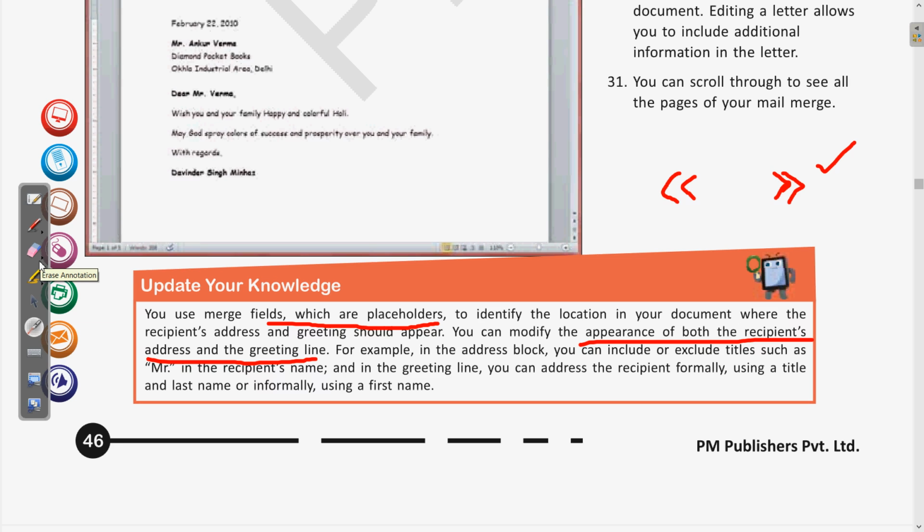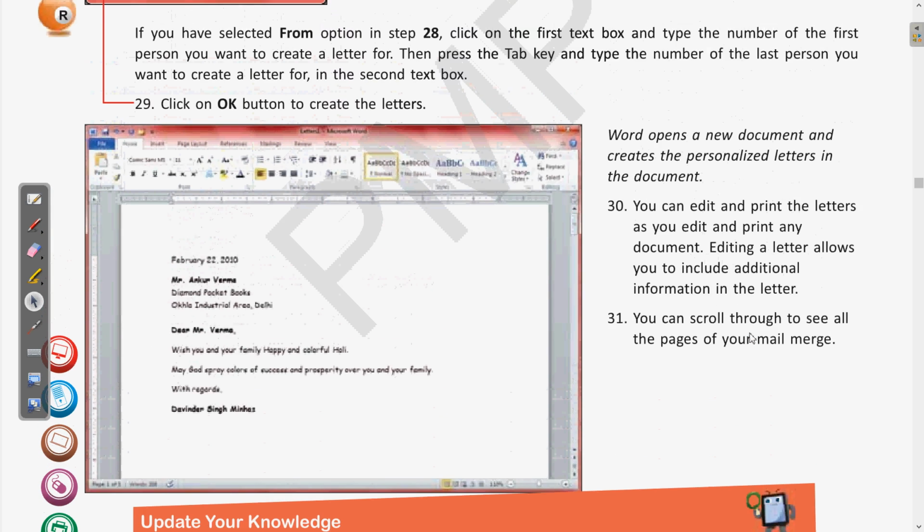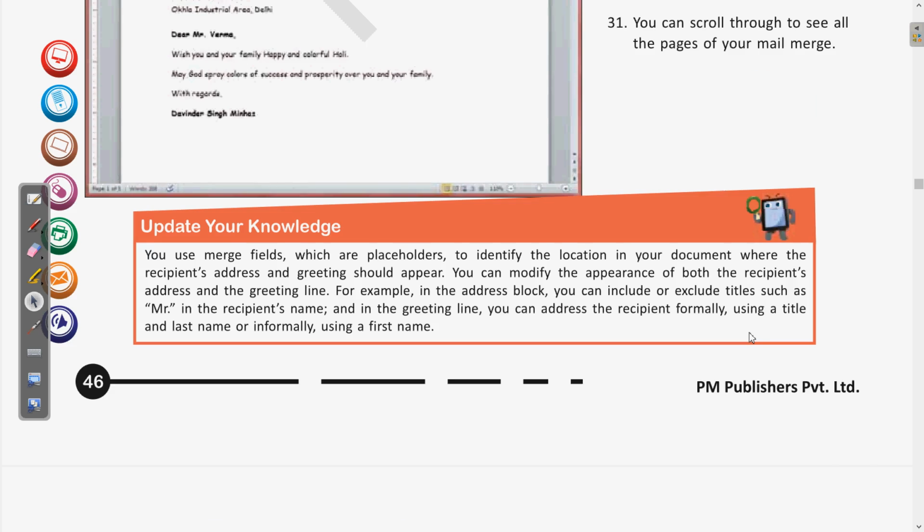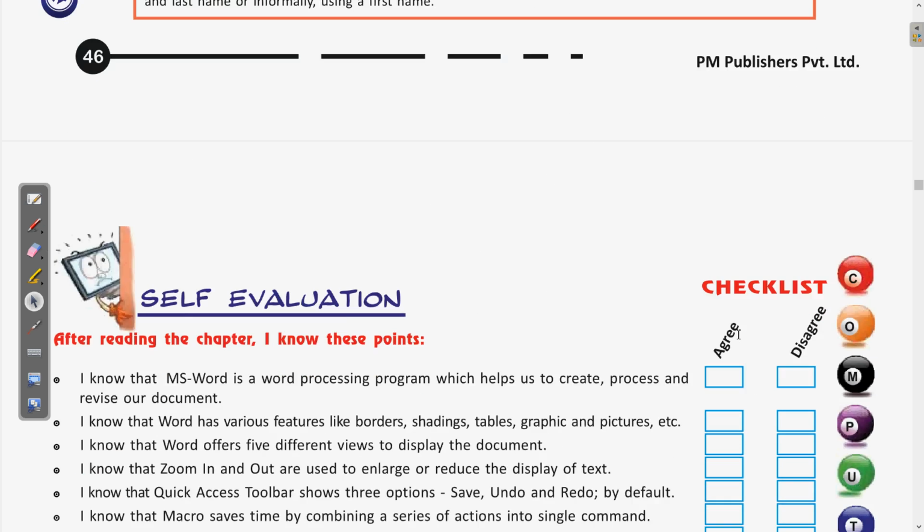But if you are writing to your friends, we can be very informal and write only the first name of your friend. This way we can choose the format according to your requirement. So I hope this concept is clear, how we can use the mail merge feature. Then after doing all these steps, we can either send those documents to the person's mail address, or we can get them printed, according to the requirement.